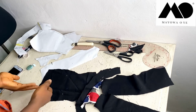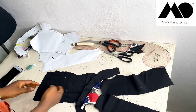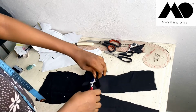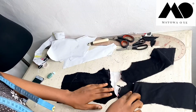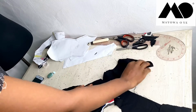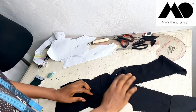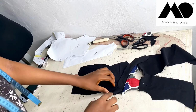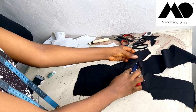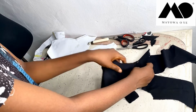So yeah, this is what this is going to look like, and that is all for the front piece. I didn't put that on this dress. I already closed in my darts on my pattern. So yeah, and now I already joined the shoulders, you can see, and also joined the front collar and this part. So once you're joining the front collar, once you sew this part like this, once you join this part like this,